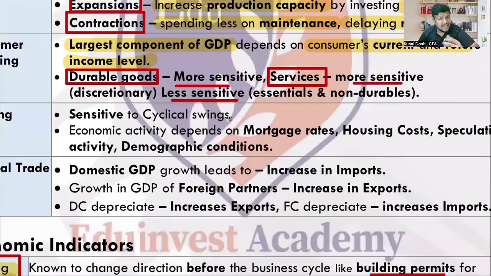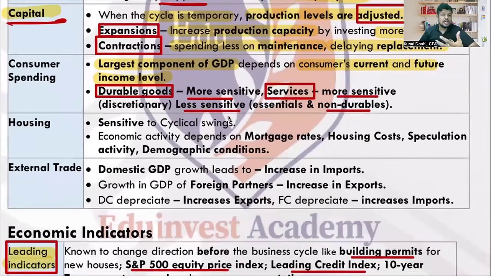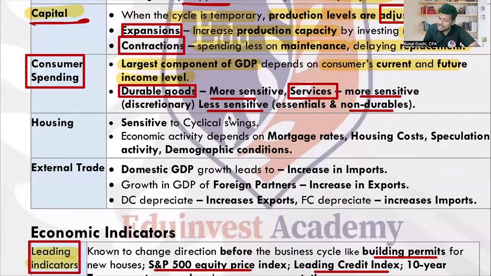Essentials, in the sense of goods, are called non-durables. Non-durables are your perishable goods like food, clothing. They are basic, perishable goods. They have a very low shelf life of less than 3 years. They are relatively stable. They are less sensitive to the business cycles. Similarly, essential services like power usage or electricity are less sensitive to the business cycle, right? So in consumer spending, what is more sensitive? The durable goods or discretionary services are more sensitive.